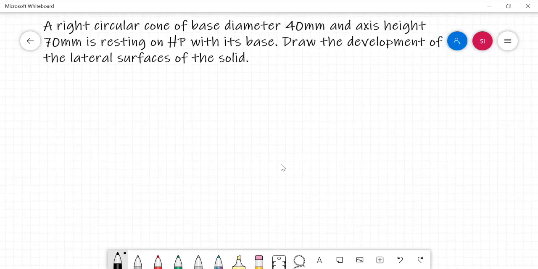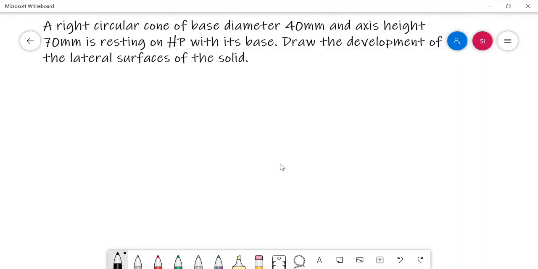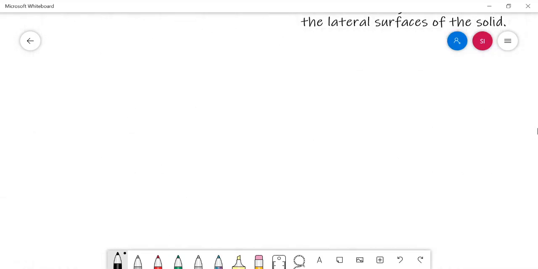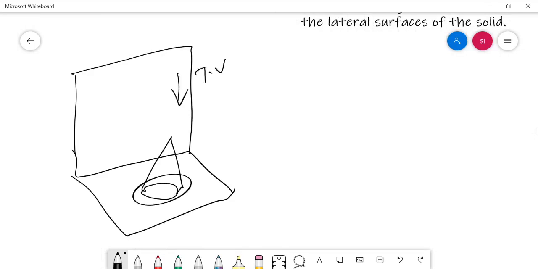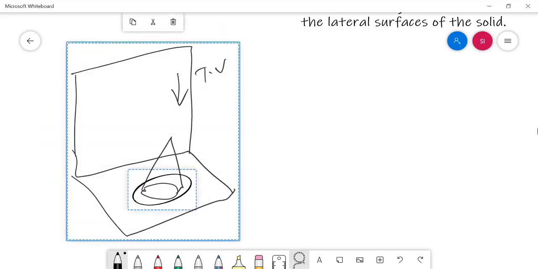The solid cone is simply resting on the horizontal plane, so we can easily draw the base view as a circle in the top view, and in the front view we can draw the lateral view of the solid.